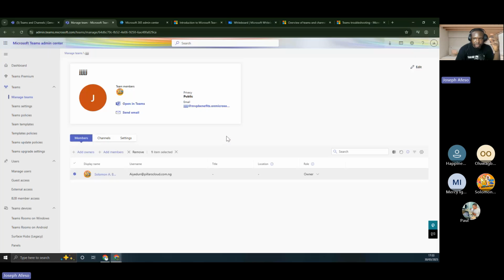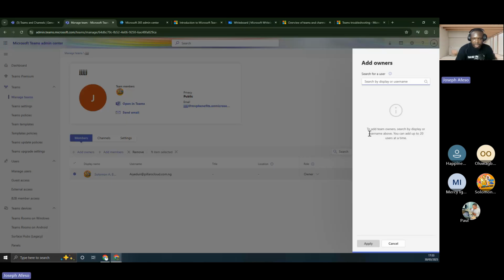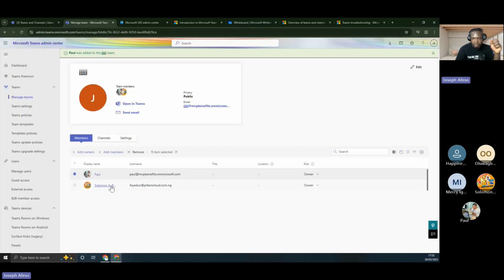But the point I'm trying to raise is that you cannot demote the last owner of a team. So if I add Paul to this, then Paul is added as an owner.